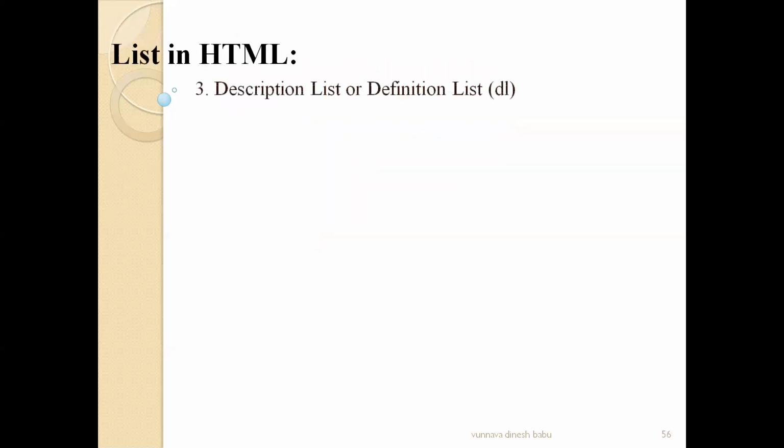And next one, the third type of list. It is somewhat different from the ordered list and unordered list. In ordered list, each and every element is represented with 1, 2, 3, or capital A, B, C, or Roman number 1, Roman number 2, Roman number 3, and etc. In unordered list, each and every element is represented with a square shaped bullet or a circle shaped bullet or with no bullets or a disc shaped bullet. This is quite different from both of these things.